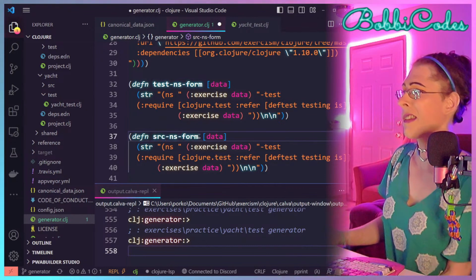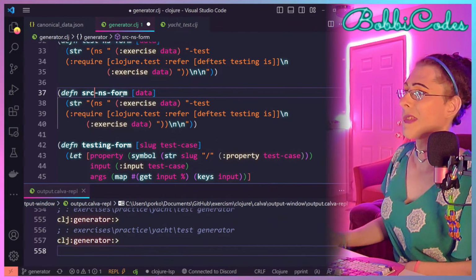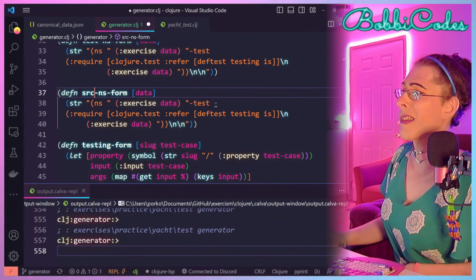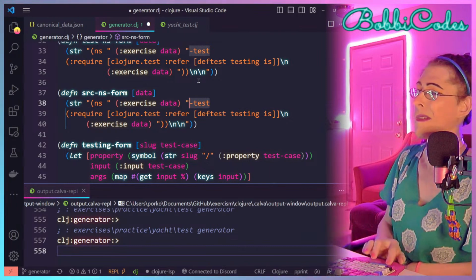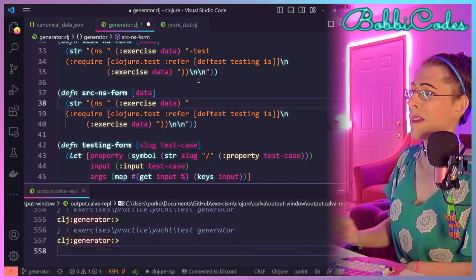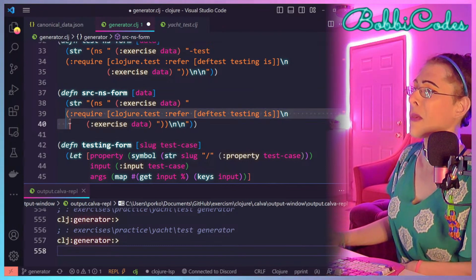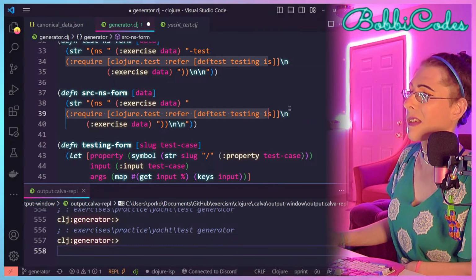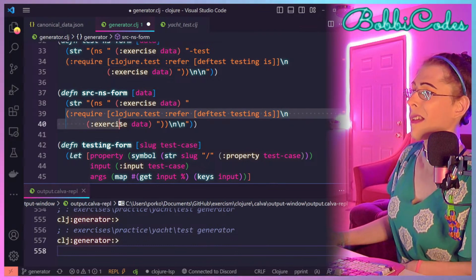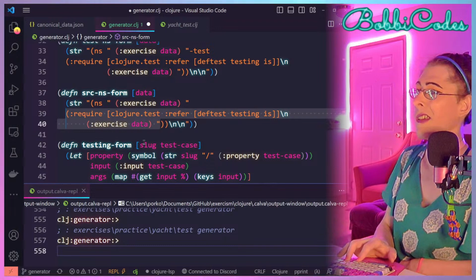And other than that, it's going to be extremely similar. It's just going to be without this. That's all. Oh, wait, we don't want the require block. So it's just going to say NS exercise, and that's it.